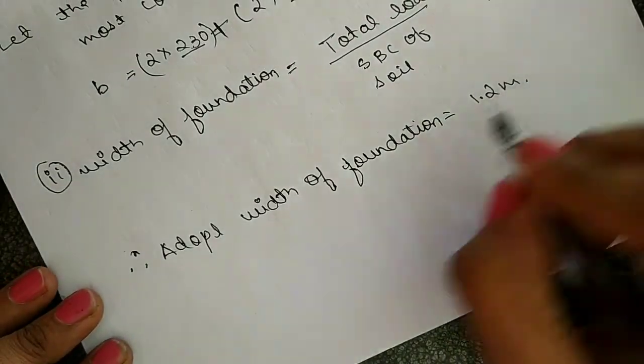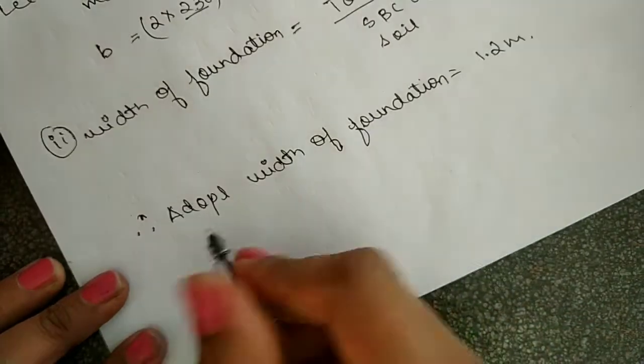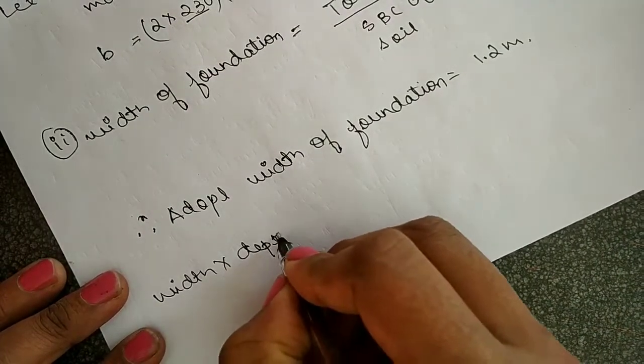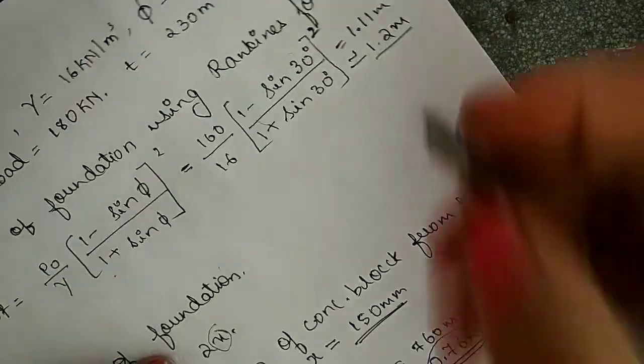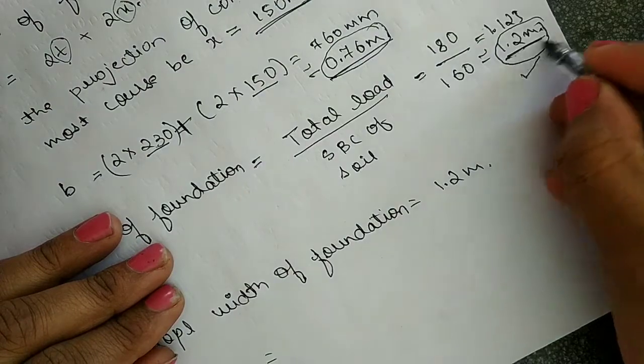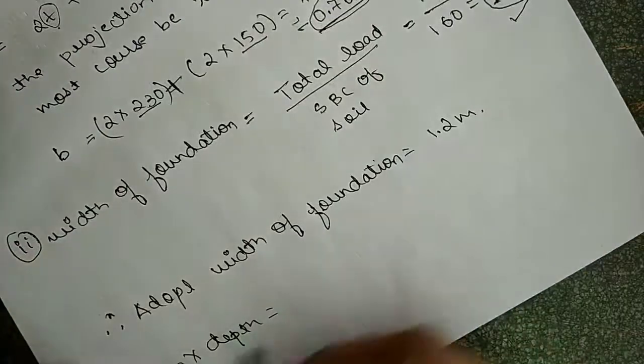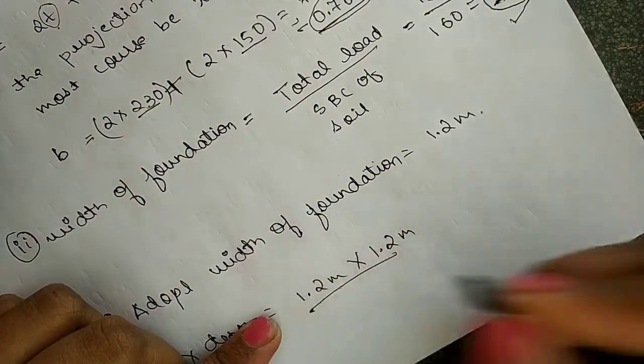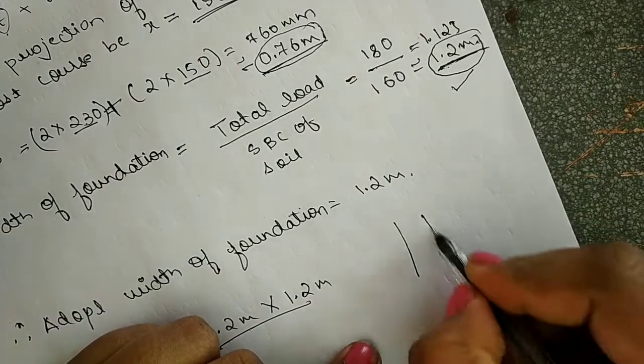The depth is also 1.2 meter. So the width by depth is 1.2 meter by 1.2 meter. Understood? If there is a foundation like this,